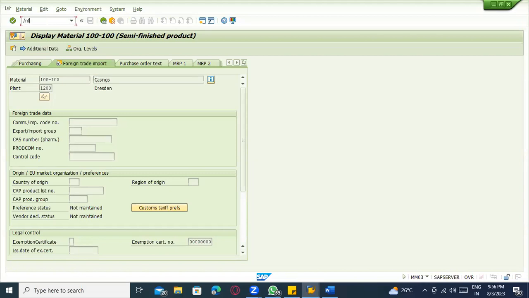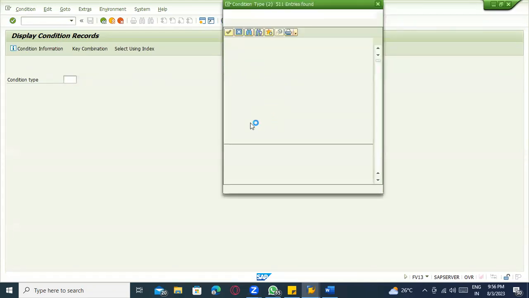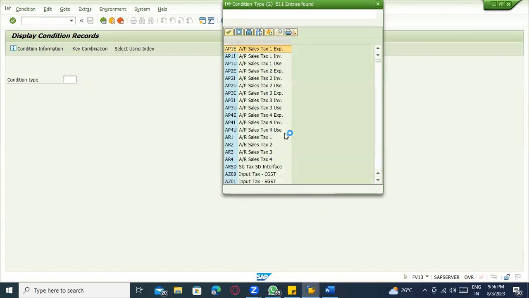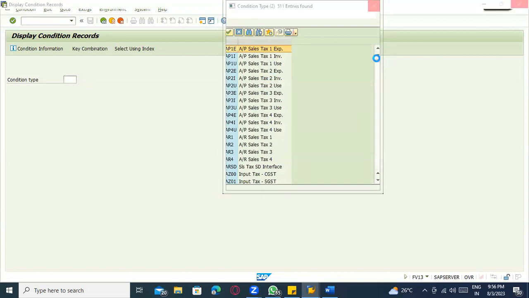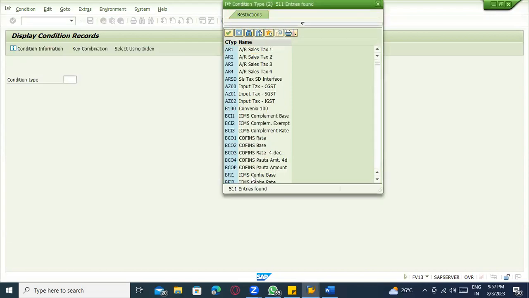If this is transaction code FE13, here they will be maintaining the tax condition types. If it is GST, central GST, any excise related, currency, sales tax and local tax, and country, state tax and central taxes, all these things, input GST and SGST and all. You can see that here. These are condition types, the same way how we do the pricing procedure. In the same way, on the finance side they do the tax procedure.